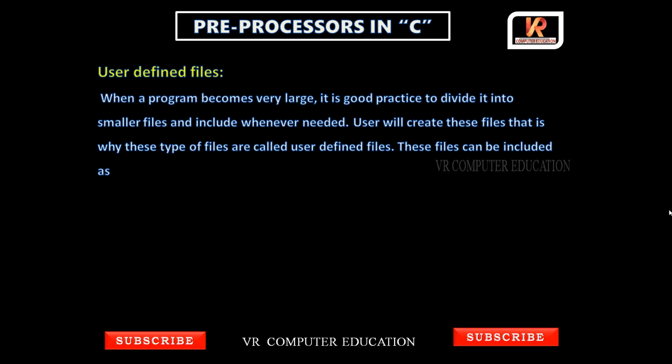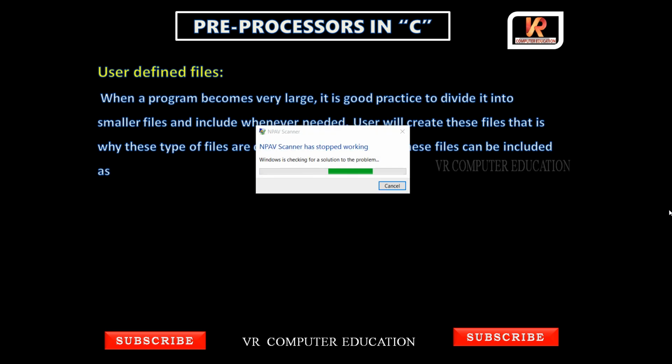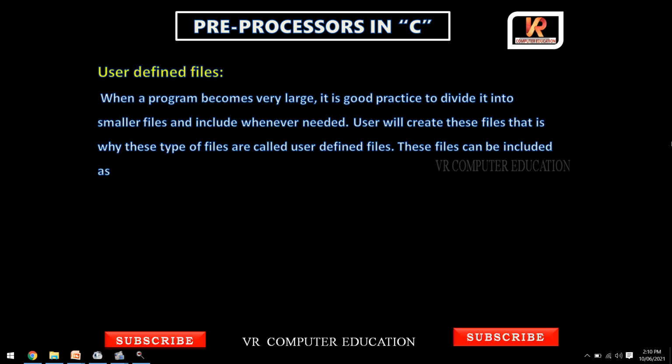Why are we dividing? Because there is a lengthy program, and to understand a lengthy program takes a lot of time. Simple. When you have an essay writing competition, if you write pages of essay, reading that essay is very difficult. After writing some side headings and writing the content under those side headings, it is very easy to understand. Like that, if you go on writing a very lengthy program continuously, it is very difficult to understand. So to understand, we'll divide it into some parts, and those parts are added whenever they are needed.